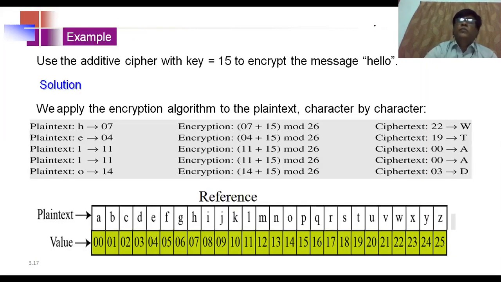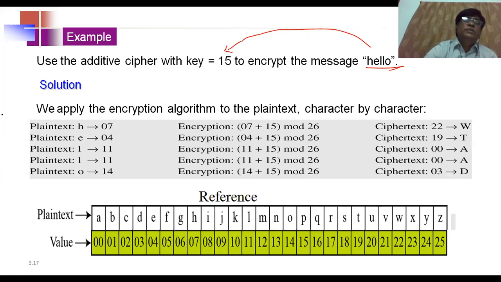Suppose I wanted to send the message hello with the key value k equal to 15. So first, to convert this plain text hello into its ciphertext, what are the actual integers assigned to each and every character in the plain text?